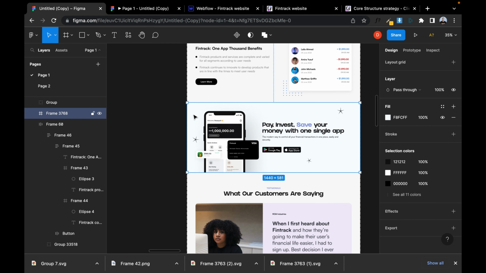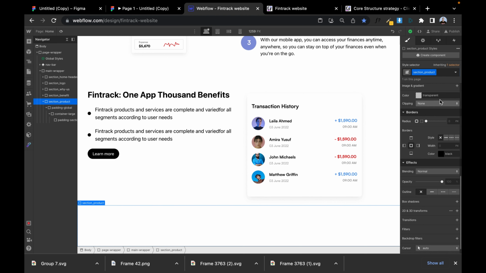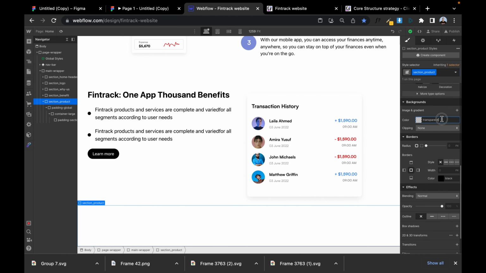Now if you notice, this entire section has a light blue, a washed blue color, which is this color code here, F8FCFF. So we're going to copy it, go to the top that has section product, and give it that color as the background color. Okay, good. Now we have that washed blue color here. So inside the padding section medium,